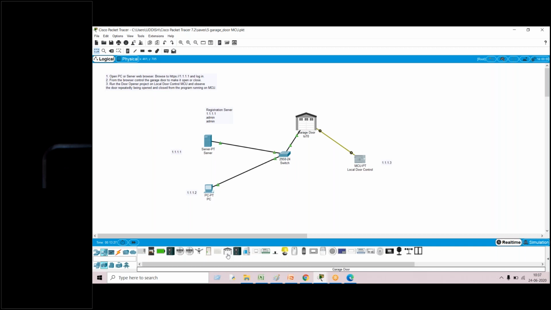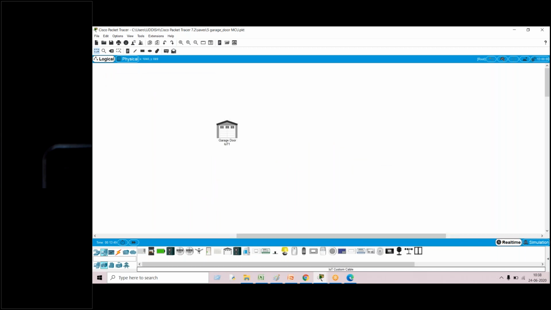Connection parts, I'll do one thing. In a shorter span of time, I'll just tell you. You choose one garage door.